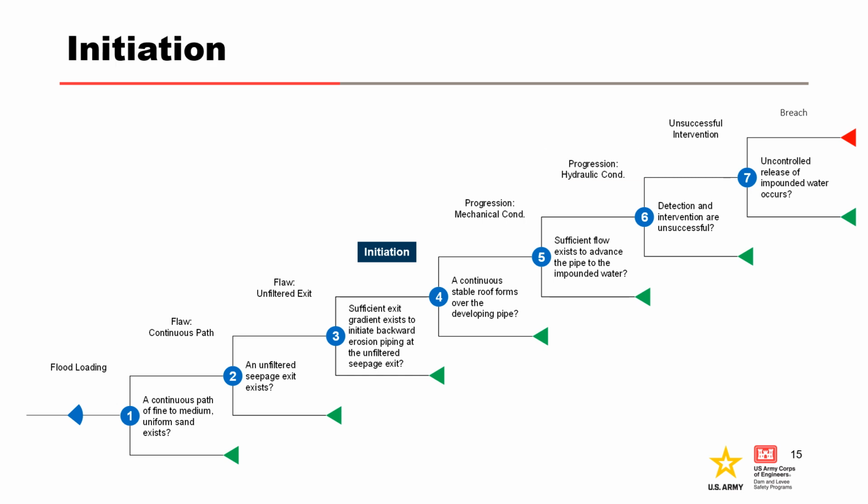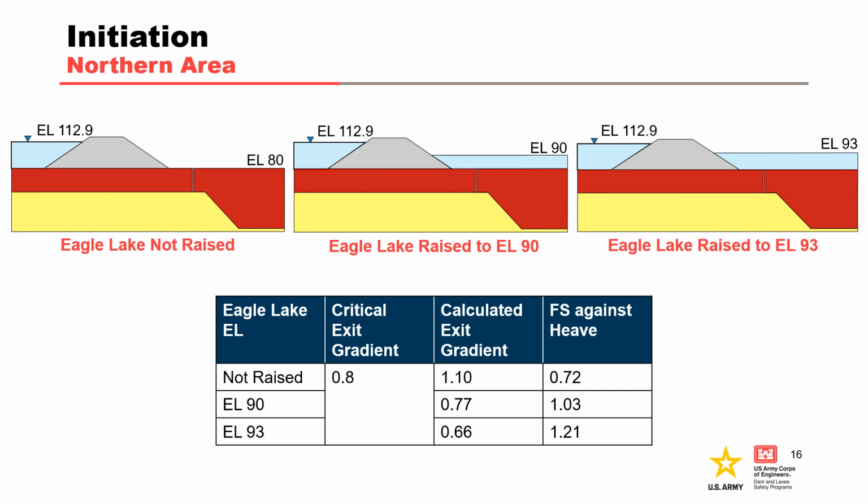First, we'll evaluate how the emergency efforts affected the likelihood of initiation of backward erosion piping. Prior to the flood event, the Vicksburg district performed an underseepage analysis to determine the expected factor of safety against heave based on the forecasted flood elevation and different landside water elevations to account for the ability to raise the elevation of Eagle Lake. In the northern area, these calculations did not include the construction of an emergency berm, but